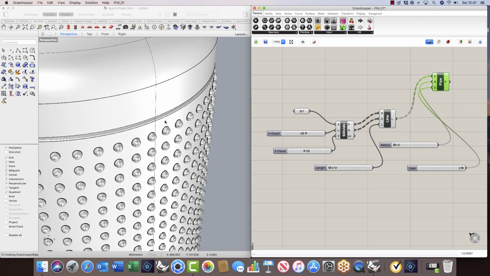surfaces created in Rhino. And so if I want to produce further variations, I can just keep on producing iterations inside of Grasshopper and baking off that geometry into Rhino. The Rhino and Grasshopper files are separate, and just like the Rhino file, the Grasshopper definition can be saved and